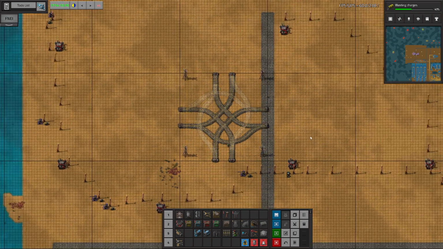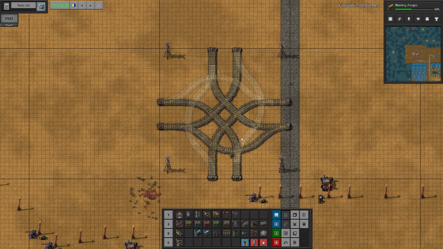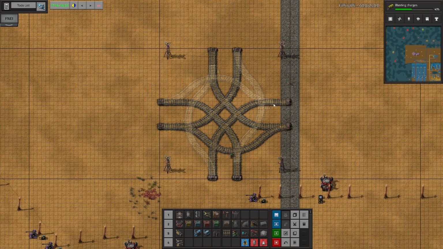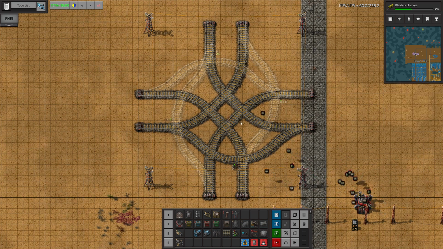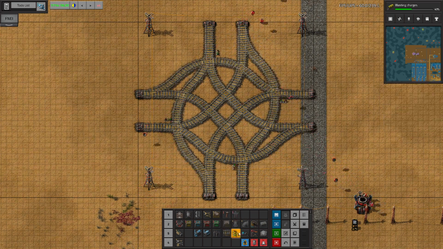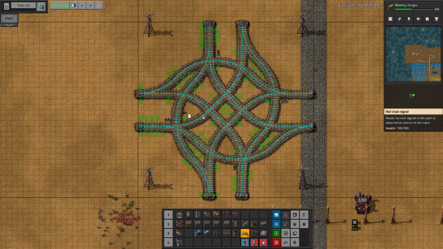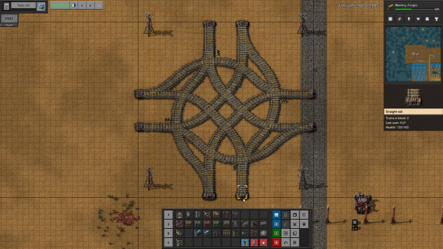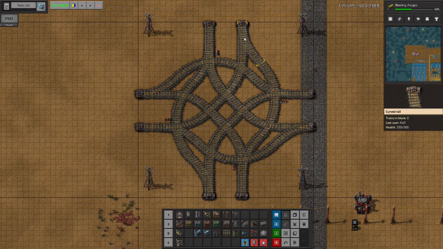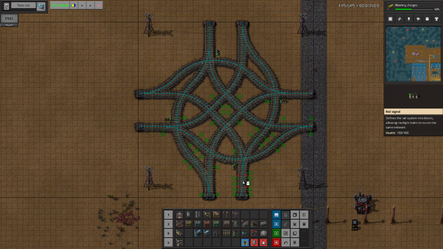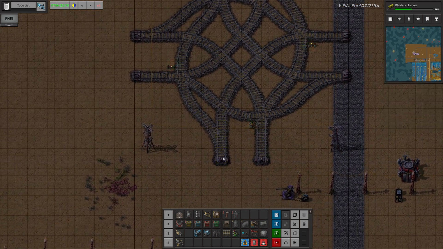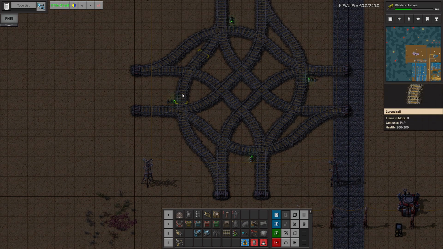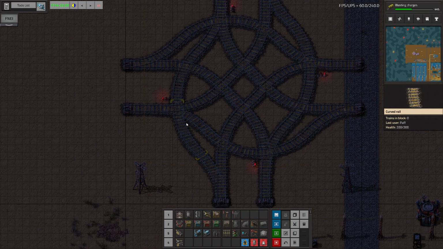Let's rotate it a couple of times. Let's assume we are going with this. It's not exactly what I have on the side screen, but we'll come up with our own version of the Celtic knot, because I kind of like the way it looks so far. Right, this is the way to turn left, this is the way to go forward, and now the only trick is to signal it. Let's see whether we can actually do this. So first of all, this is the exit. Let's think about the entrance. So this is the entrance, and if I want to go forward, I want to